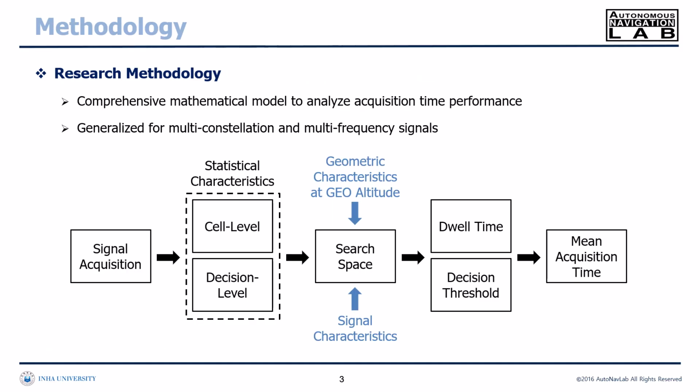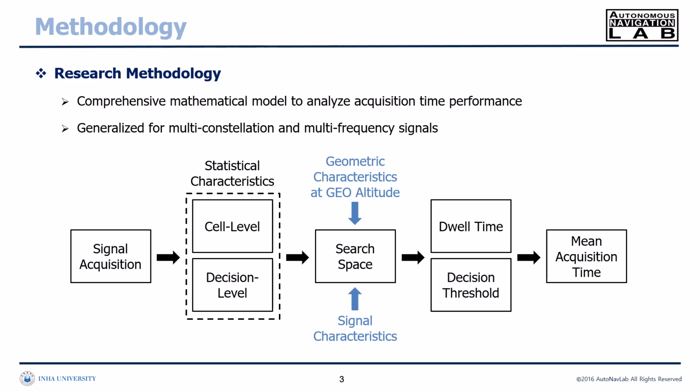In this study, we propose a comprehensive mathematical model to analyze acquisition time performance. The model is generalized for multi-constellation and multi-frequency signals, making it applicable to any type of GNSS signal. The model consists of a correlation and its statistical characteristic model, a search space model, and a mean acquisition time model. In particular, the search space is determined by taking into account the operational characteristics of geostationary orbit and the